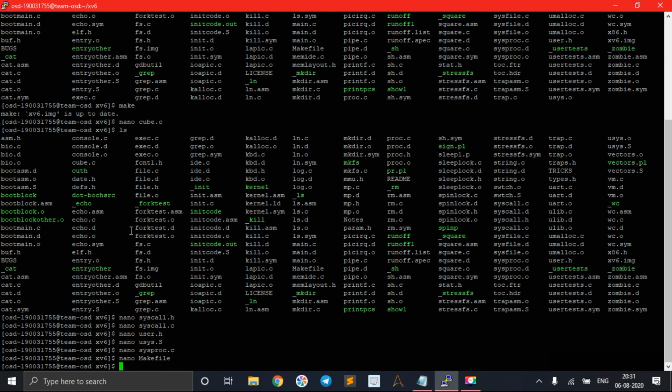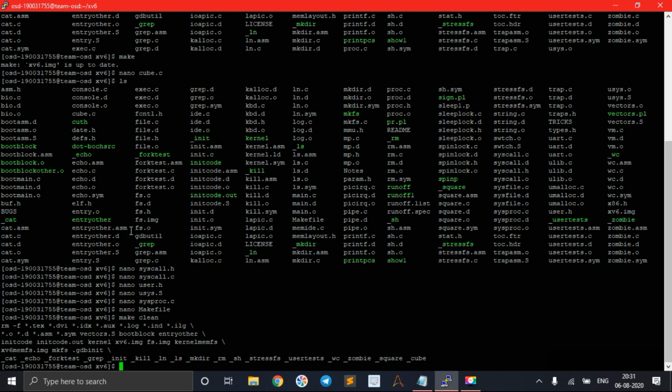So now we have created all the files and all the changes are updated. Finally, to compile this, before we start, let's clean: make clean. After running the clean command, we shall go with make.